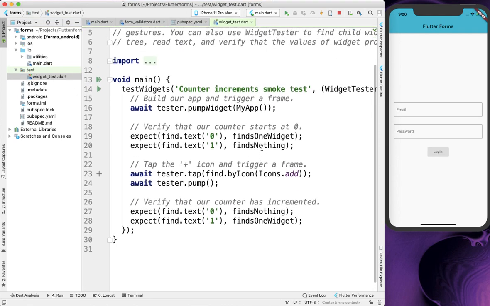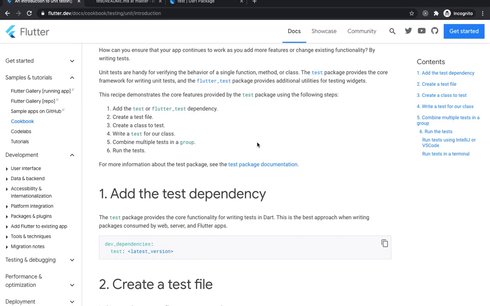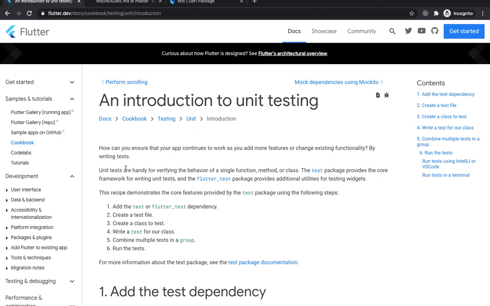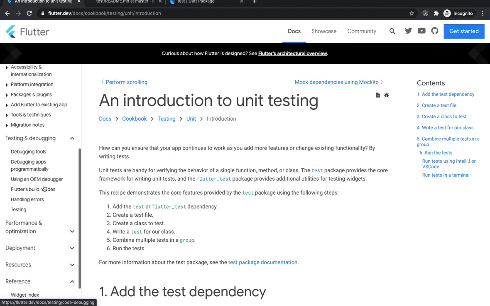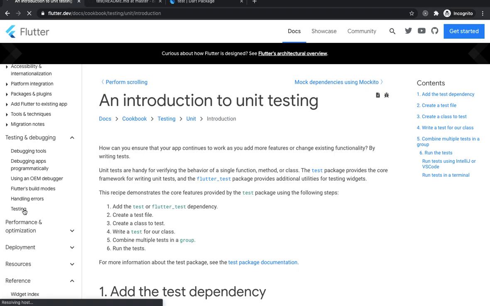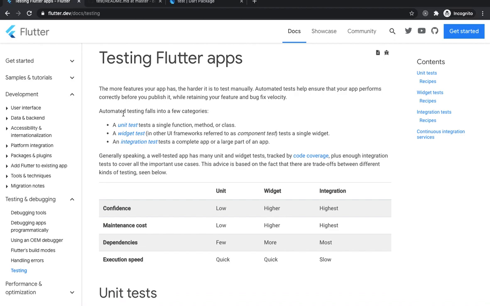So what this file indicates, this is basically a widget test, it is not a unit test. In Flutter there are three types of tests that one can perform. If you go to the testing and debugging section, you can see that there are three types of test in Flutter: a unit test, a widget test and an integration test for a complete app or a large part of an app.